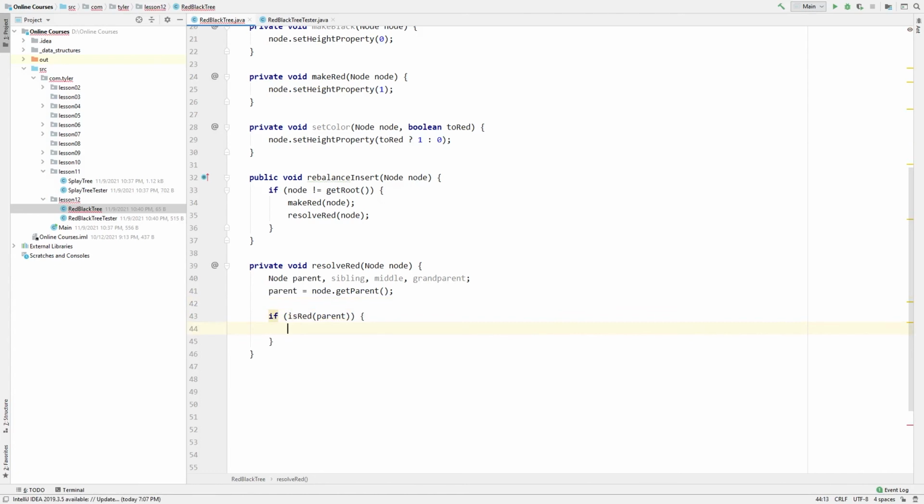All right. But if it's red, so we had the violation, sibling is going to be equal to the sibling of the parent. We will create this method soon. So now that we have the sibling, which is needed to see what we do next, okay? So if the sibling is equal to null, or the sibling is black, so isBlack of the sibling,